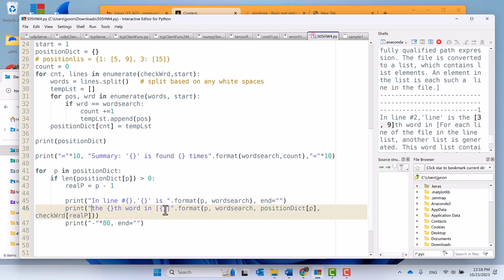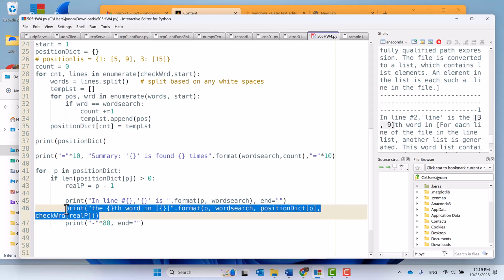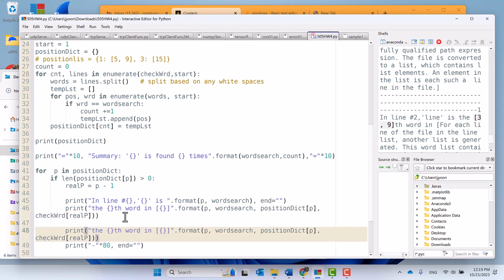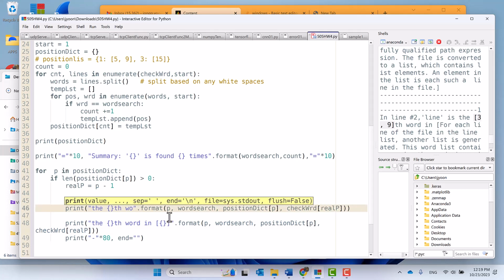So is the nth, nth. Let's print this once, copy and paste here. So we need to make this in the later, and we already did that. And then